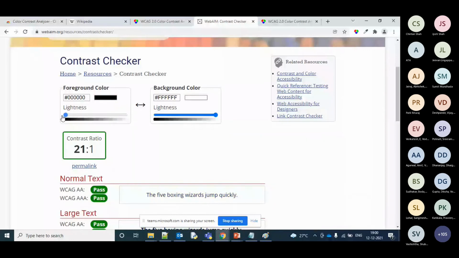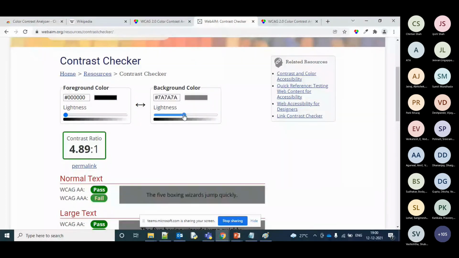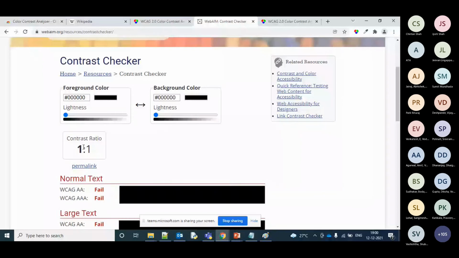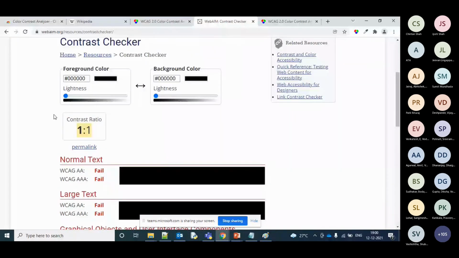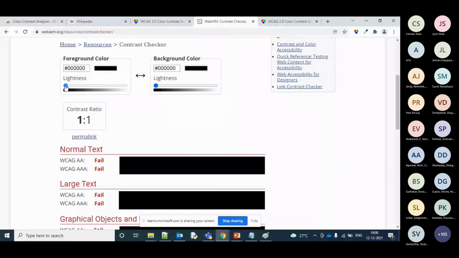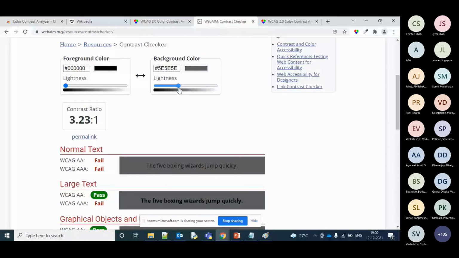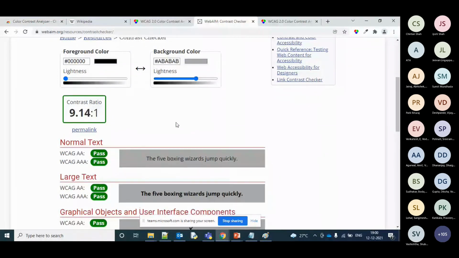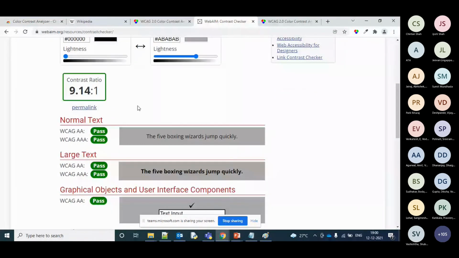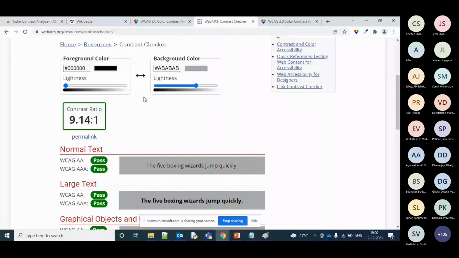So for example, if I'm trying to reduce it, black versus white, which I told you is 21:1, then it's also fine. But if I'm just making it 1:1, you completely can't see the words over here. So this way, if you want to set your font as black, then you can just try to increase and see at a particular point what is the minimum basic criteria at which all the text is getting passed. Yeah, now it's getting passed and you can see it over here. So this way you can choose your color.